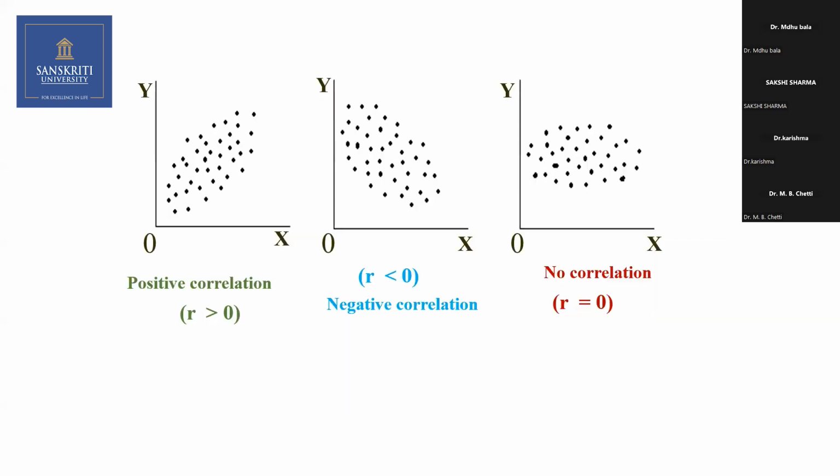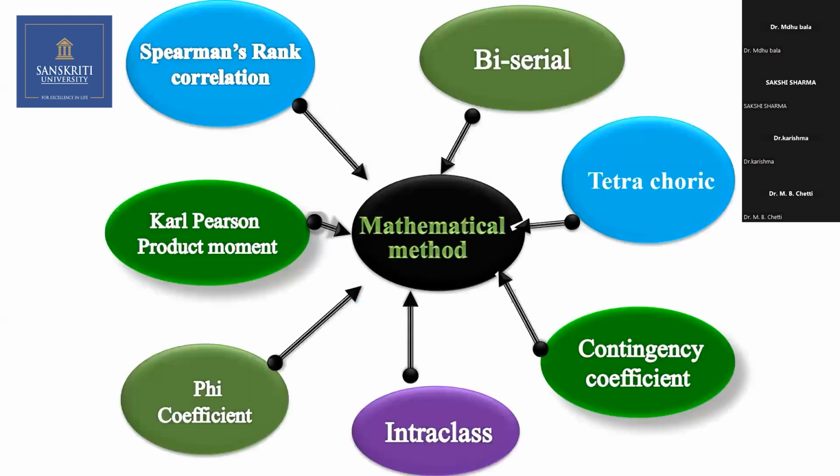So this is a figure. You can just see whenever positive correlation is there, upward movement is there. Whenever negative correlation is there, the downward movement is there. And R is nothing but the correlation coefficient. You can just see, near 0, then no correlation, it is scattered. So R is tending to 0. There are three types of correlation: positive, negative, and no correlation. Positive is more than 0, negative is less than 0, and no correlation is equal to 0.